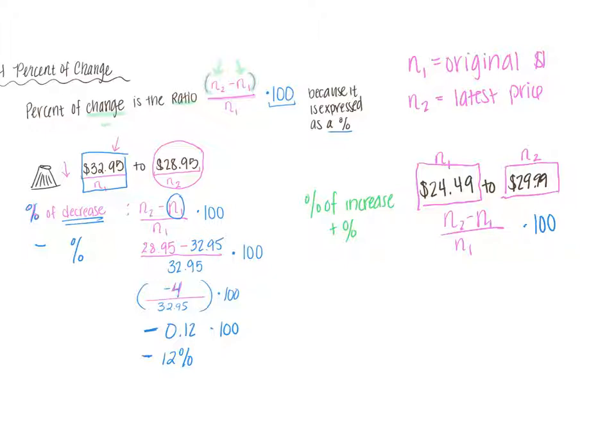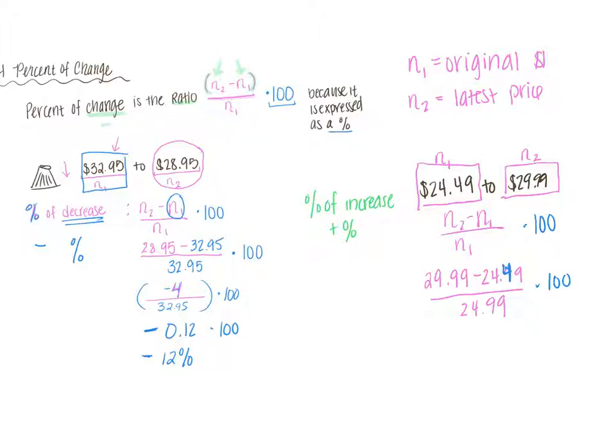So I'm going to end up plugging those in. $29.99 minus $24.99 over my $24.99. And because I want to express this as a percent, I'm going to multiply by 100. All right, $29.99 minus $24.99. Oh, that should be 49. Oops. Okay, this should be a difference of about $5.50 divided by 24.49